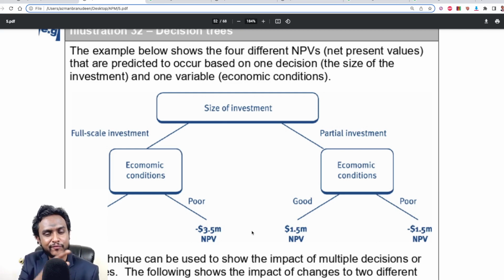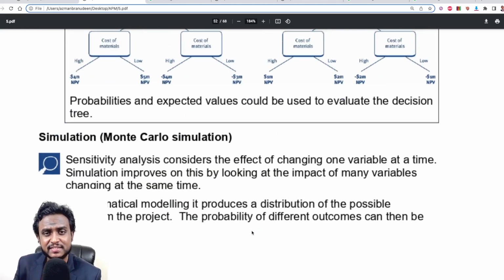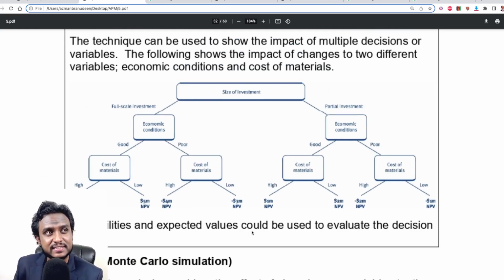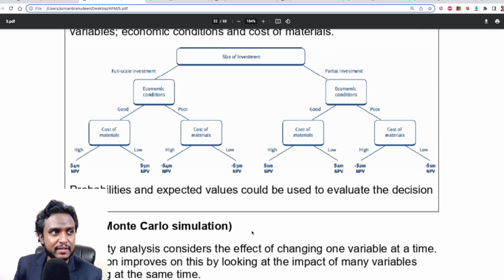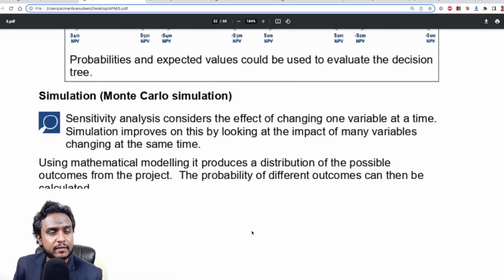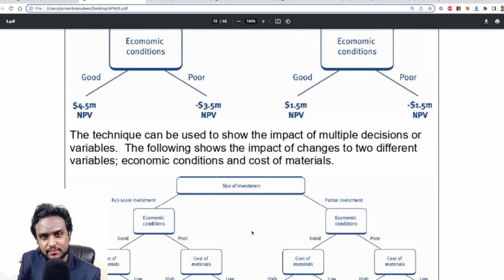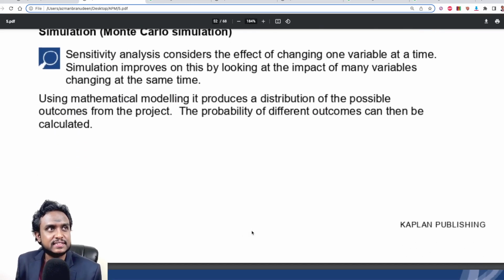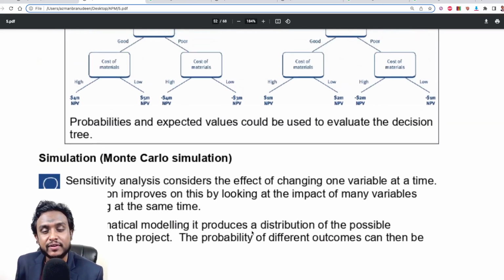So you have four possible outcomes, and you get all the outcomes, and you can use minimax, maximax, depending on your risk appetite. You can decide, this is what I'm going to do, or this is how I'm going to deal with it. You have all these methods, right, which are built on looking at the past, so that a predictive analytic can be made. All of these methods, even Monte Carlo simulation,